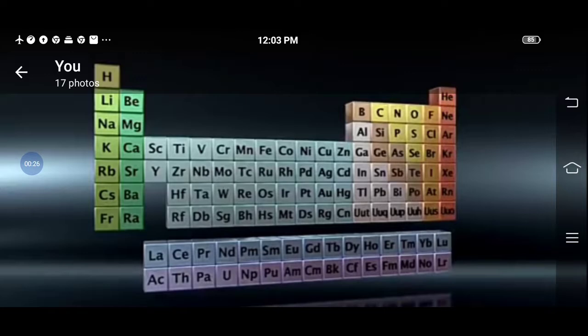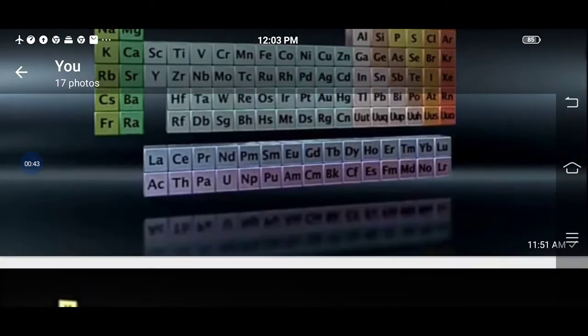The first two groups can be taken as S block elements. The last six groups can be taken as the P block elements. In between S and P, there is a presence of D block elements. At the last, there are two rows. Those are called the F block elements. Okay. So, next,